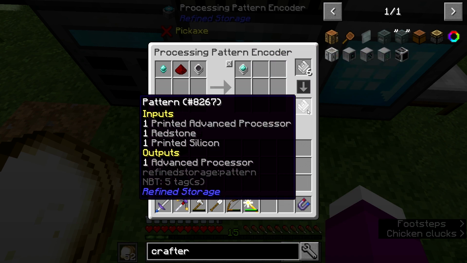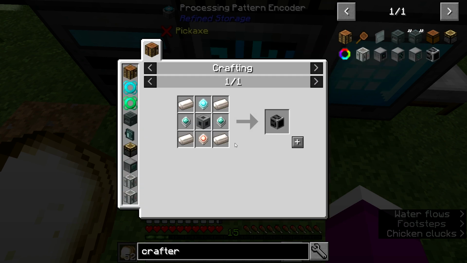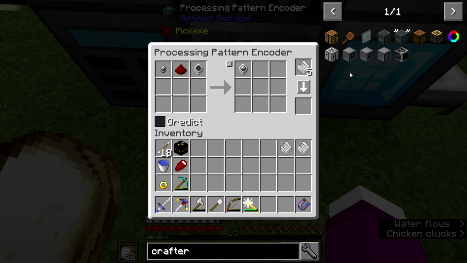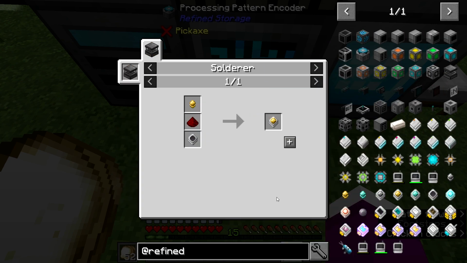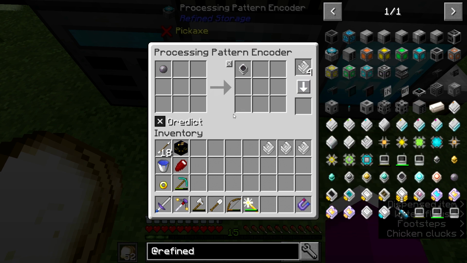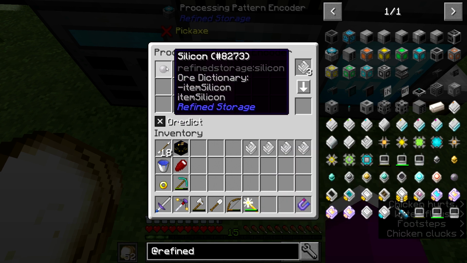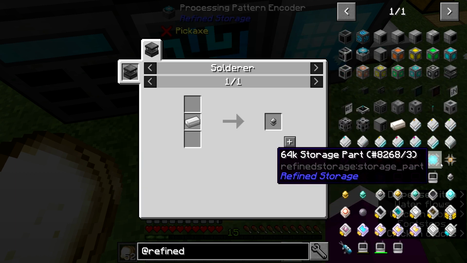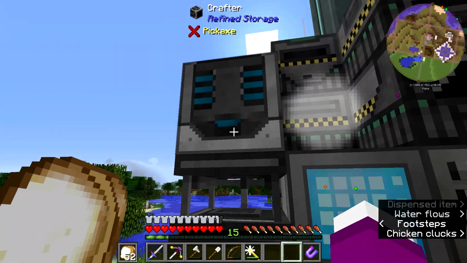I'm going to put that in there, and I'm going to create the pattern so it knows to take in those items and give me that. And I'm going to do the same with the basic processor and the improved one. And then in order to make those, I also need this. I want to OR dictionary this, so it knows it can use any silicon for that. And then I need this one, and this one. So those 7 recipes